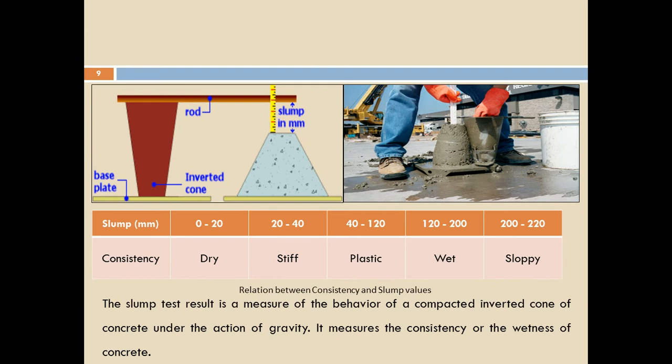Slump value is used to find the workability, which indicates the water cement ratio used in the concrete mix, but it also indicates other factors such as properties of materials and mixing methods, and the dosage of admixtures if used also affects the slump value. Slump value is not always dependent on the water cement ratio, but also depends on the materials that we use, the methods used for mixing, and the admixtures if used. So all these will affect the slump value.